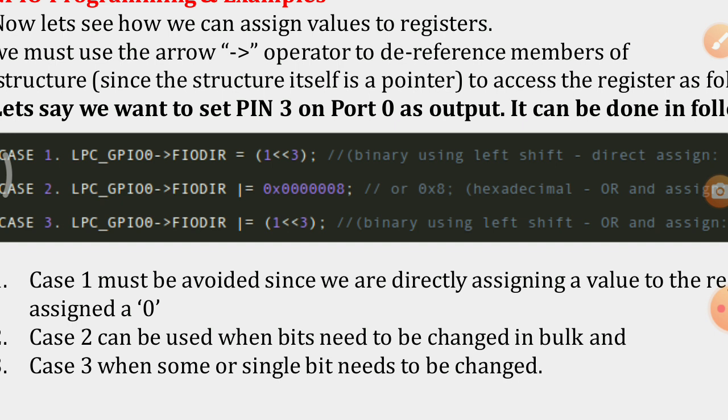So that is why GPIO0. LPC_GPIO0 arrow FIODIR equal to 1 shifted 3 times to the left, that is, we are making the third bit a 1 here. So the value is going to be 8. Pin 3 is going to be 1. Or else